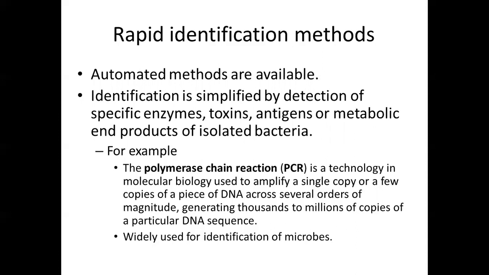From the single DNA, they can see what possibilities there are for this DNA to cultivate or transform, and what microorganisms it may resemble. So this gives millions of copies of the DNA, which helps in rapid identification methods, where we can identify from a single detection the specific enzymes, the toxin level, antigens in different forms, or metabolic end products of isolated bacteria. They can study that particular microorganism widely. So these are the laboratory methods used to identify